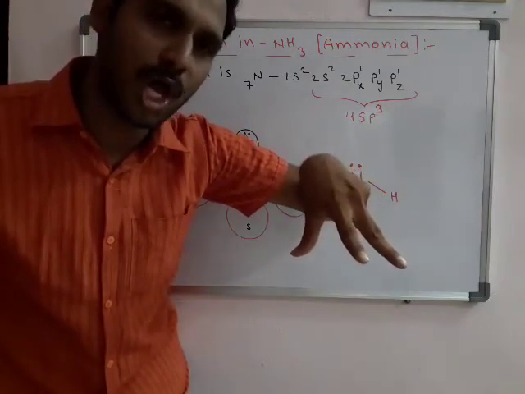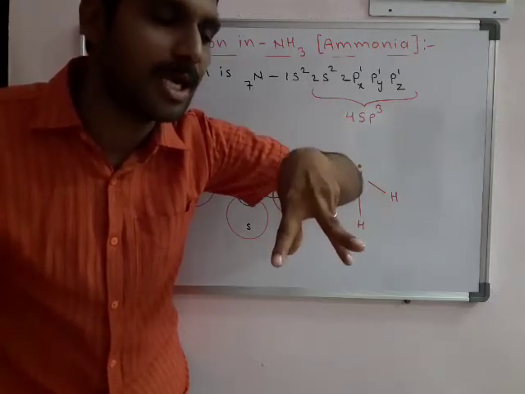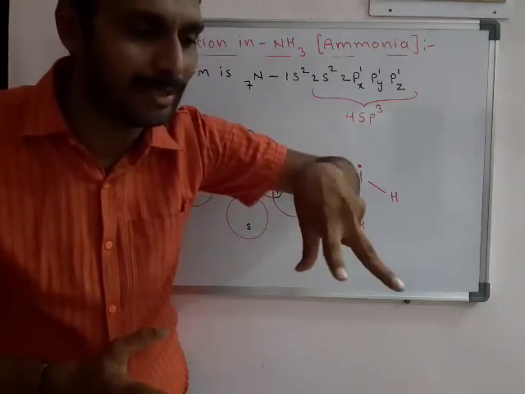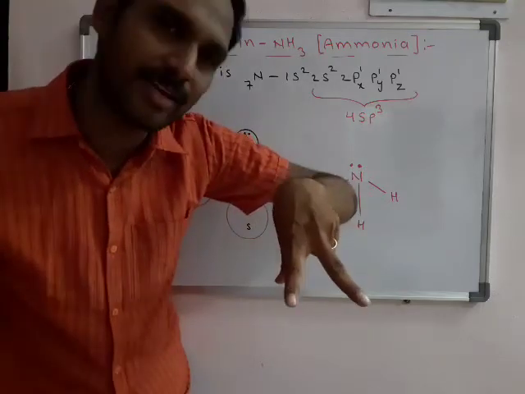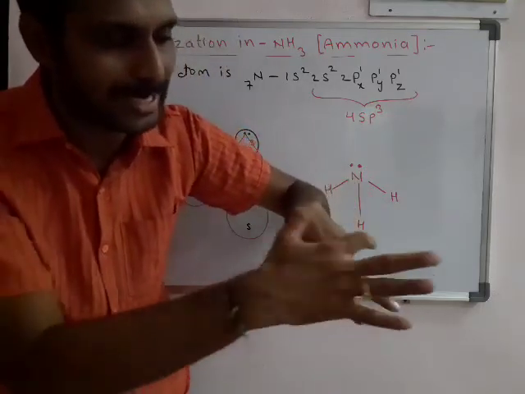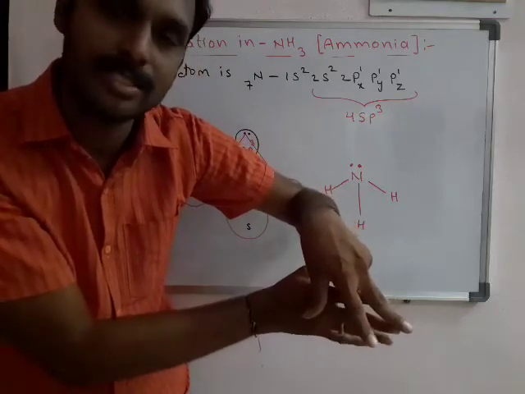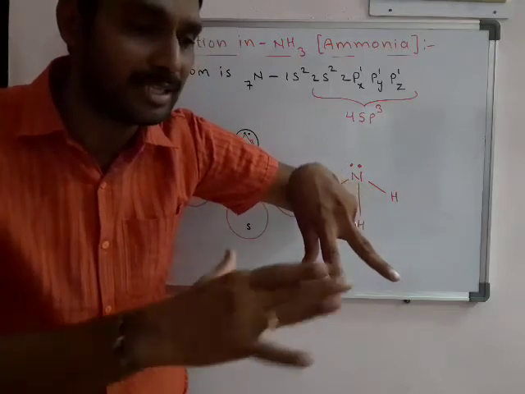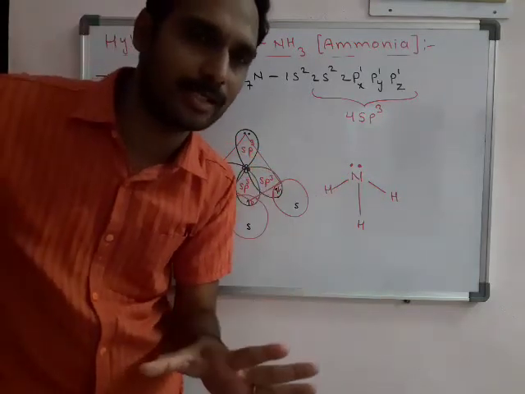Okay, but a normal pyramid has 4 faces. Normally we have 4 faces for 4 directions, but here we have only 3 bonds. So these 3 bonds give 3 faces. These are the side hydrogens, the middle hydrogen; this is one face, this is one face, this is one face. So it appears like a pyramid but has only 3 faces. That's why it is treated as a triangular pyramid.